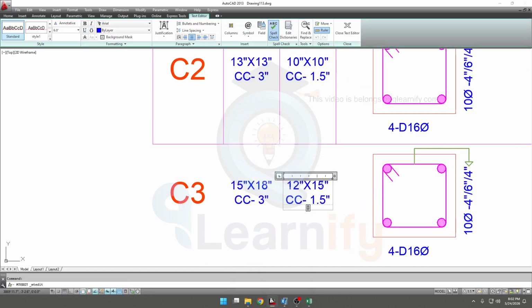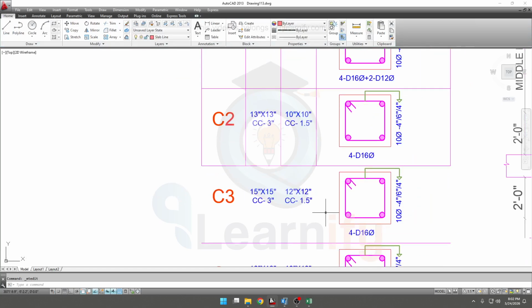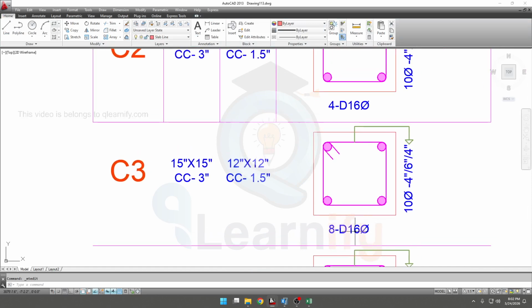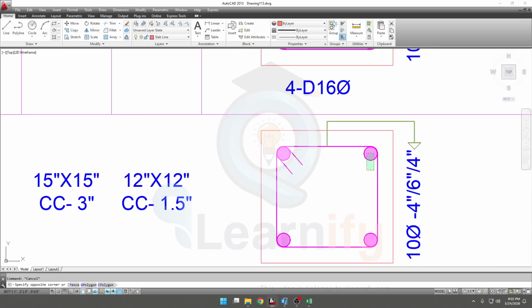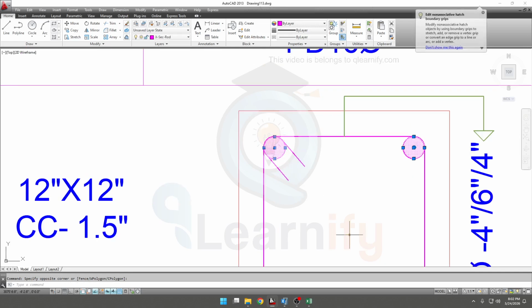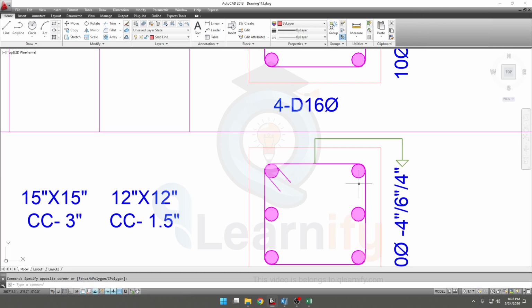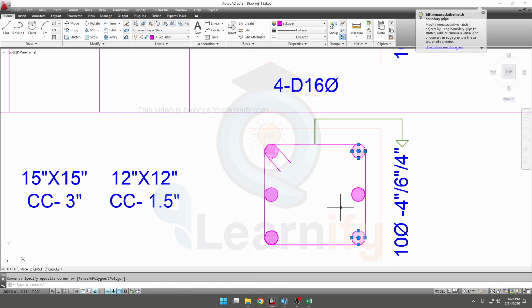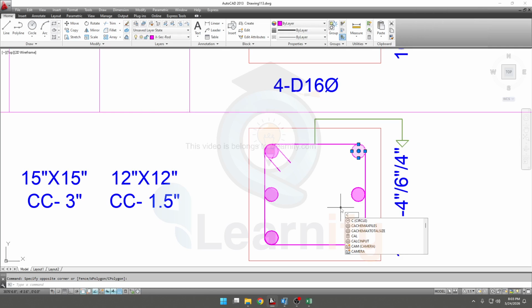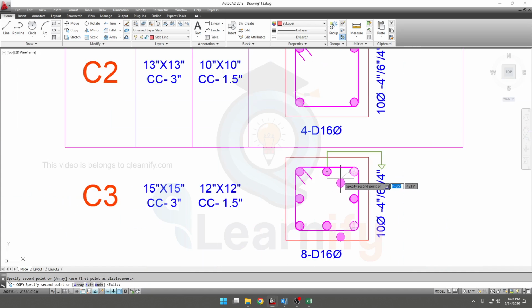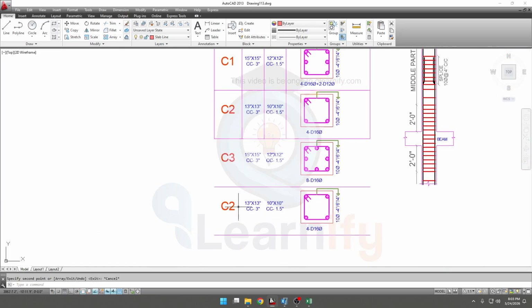Also, you can provide 12 into 12, 12 into 15, 8 nos 16 mm bars, and for C4,